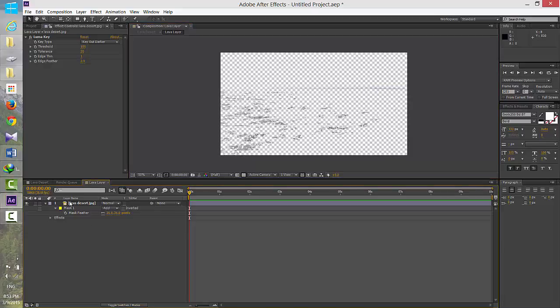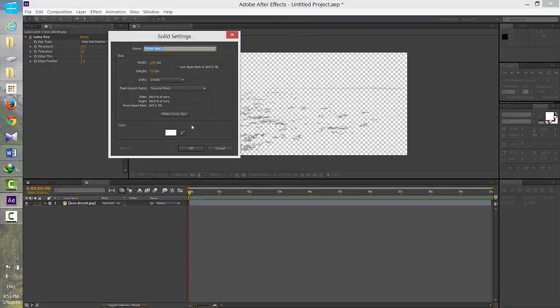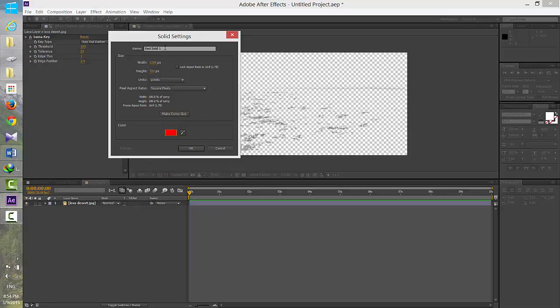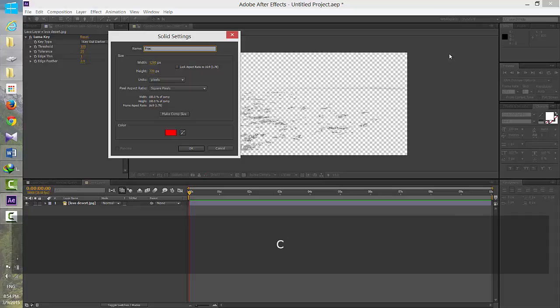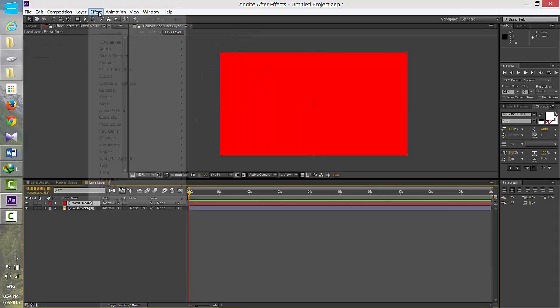Now the thing is that we will have to get the lava created. Lava we will create using a fractal noise. So first let us make a layer, new and solid, and this solid can be of any color, doesn't really matter, but for understanding purpose I'll keep it something like red so that I can understand it's a lava layer, and I'll call it fractal lava because I'll be using fractal noise to create my lava. And I will hit OK, and going down to effect, noise and grains,